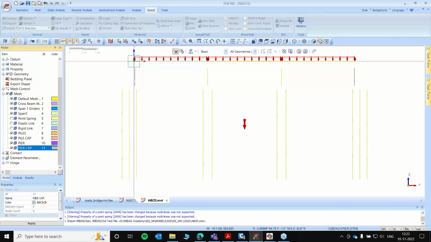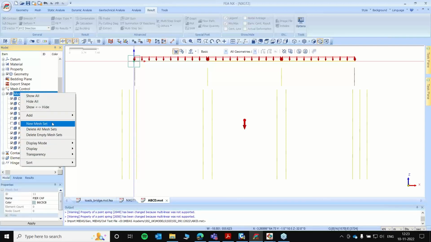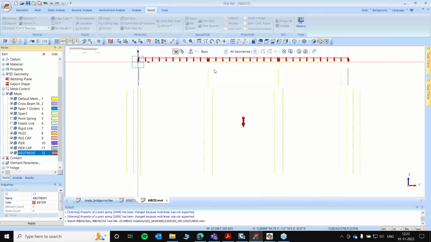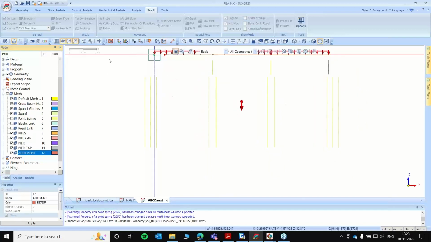If you also want to separate everything for a conventional construction stage method like the one I showed you, you also need to separate the abutment. So I'll create a new mesh set for the abutments. Abutment.